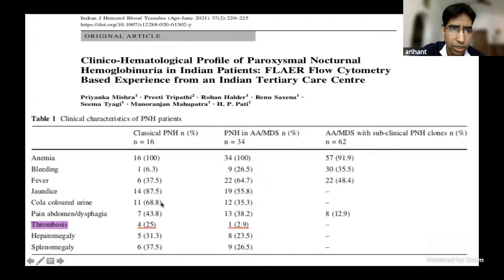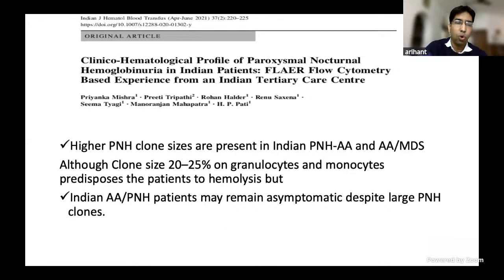Thrombosis was reported in the classic PNH group in around 25% of patients, and in the AA-MDS group they had one patient who developed thrombosis, while the rest of the findings were more consistent with a typical aplastic anemia type of clinical phenotype. So what the AIIMS experience has been, and this is one of the largest Indian series,